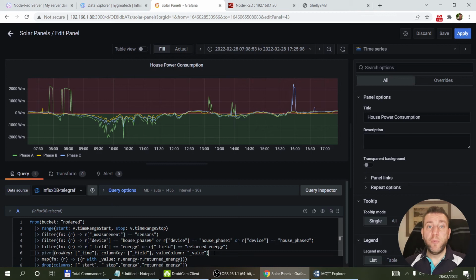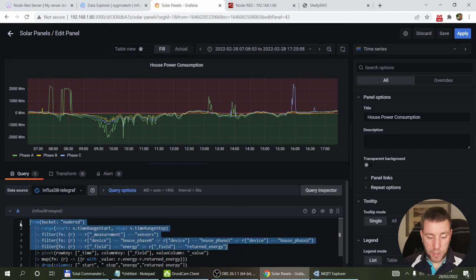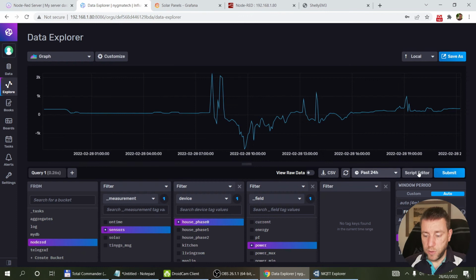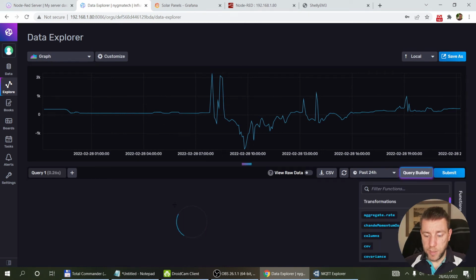And then I will come back to the usual pivot. The reason I'm using pivot is because I don't want the energy and the returned energy in 2 separate fields. I actually want to combine them together. But in order to combine them together, you need to pivot, because that's the only way you can use the map function. So again, if I go back to the data explorer,